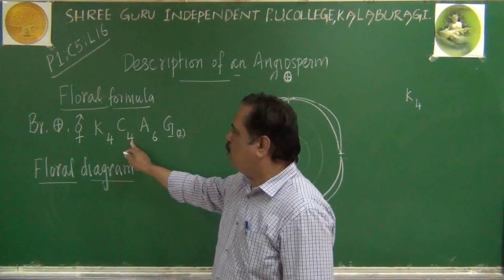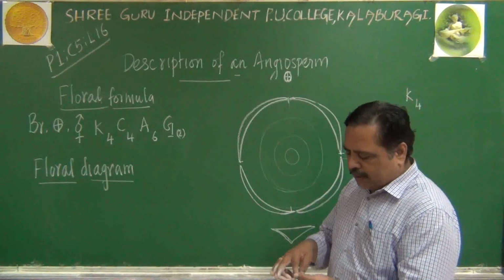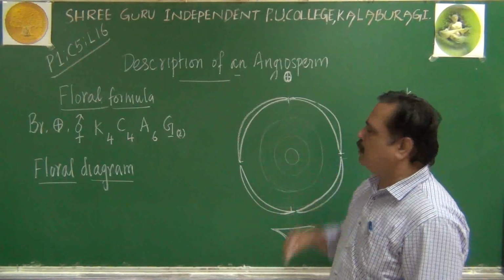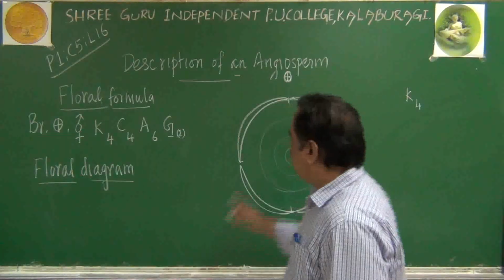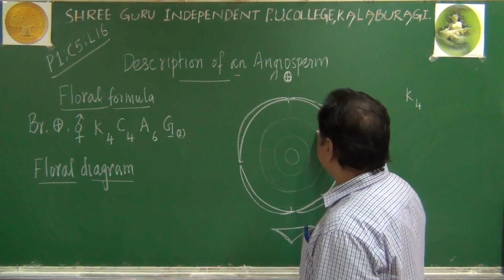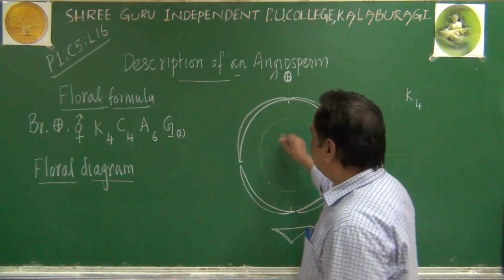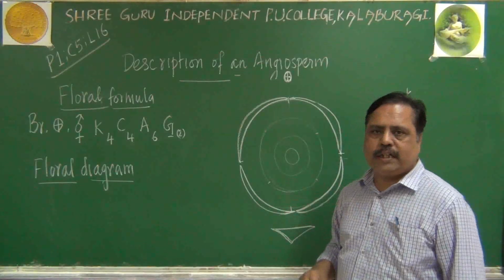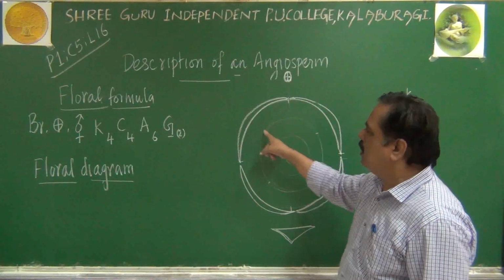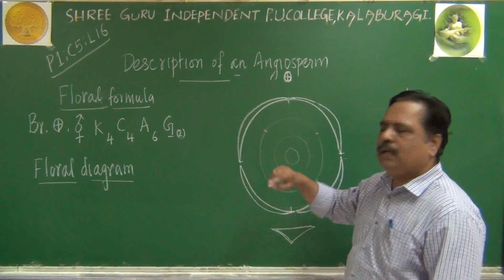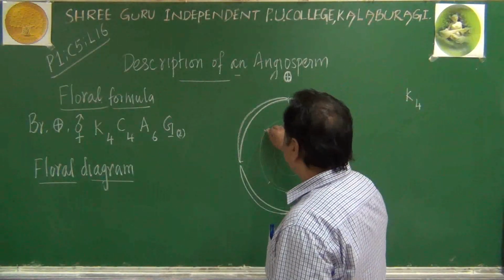And I have to show about the corolla now. Corolla is the second part I told you. In this second whorl, we shall draw the petals. Remember, how many petals are there? 4 petals are there. Those 4 petals I will draw like this, 1, 2, 3, 4. What one technique am I using here? Sepals started from here. Petals will start from the middle. From the middle of the sepal, we have to start the petal, so that it will be easy to recognize.